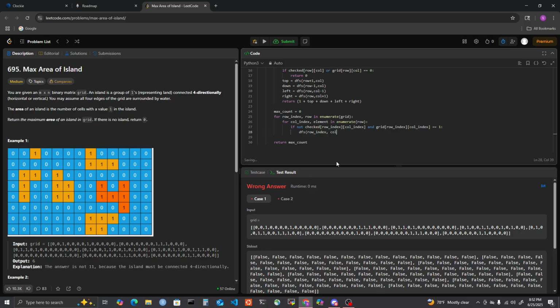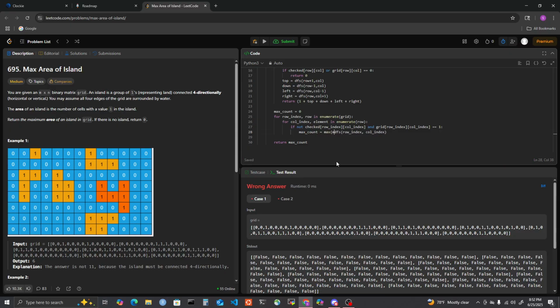And gosh, these problems are so much writing. Okay, then count equals that. Or I'll say max count